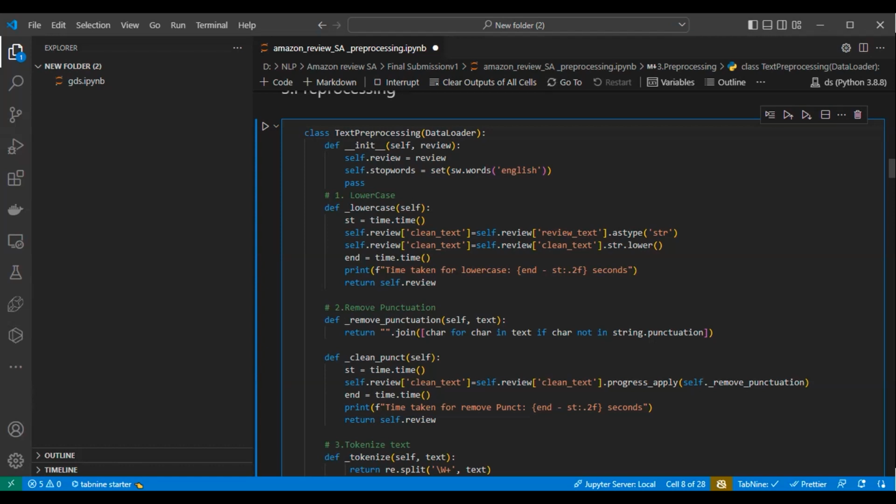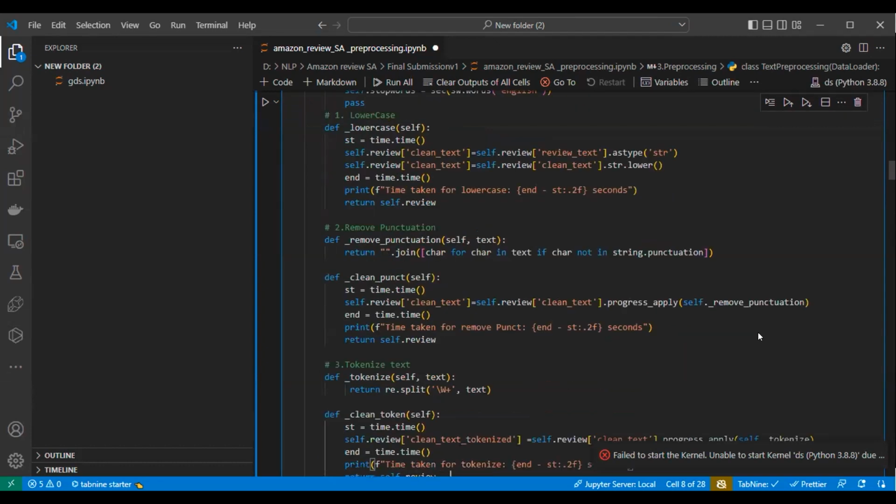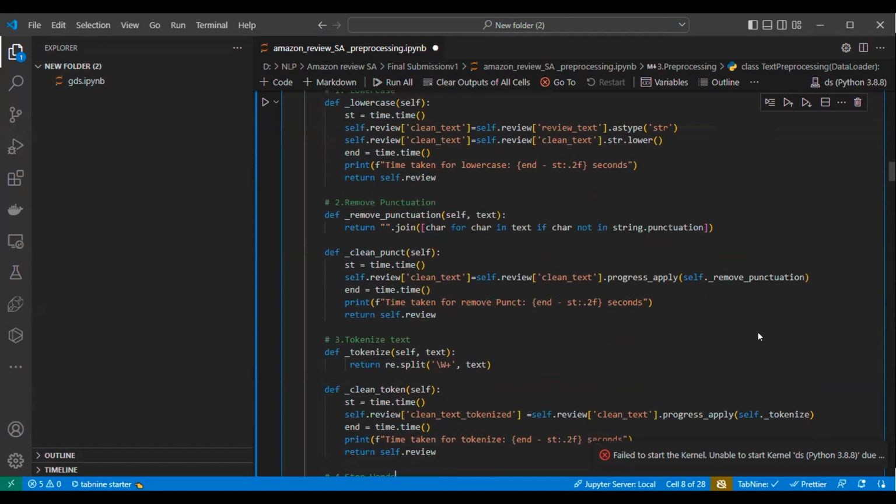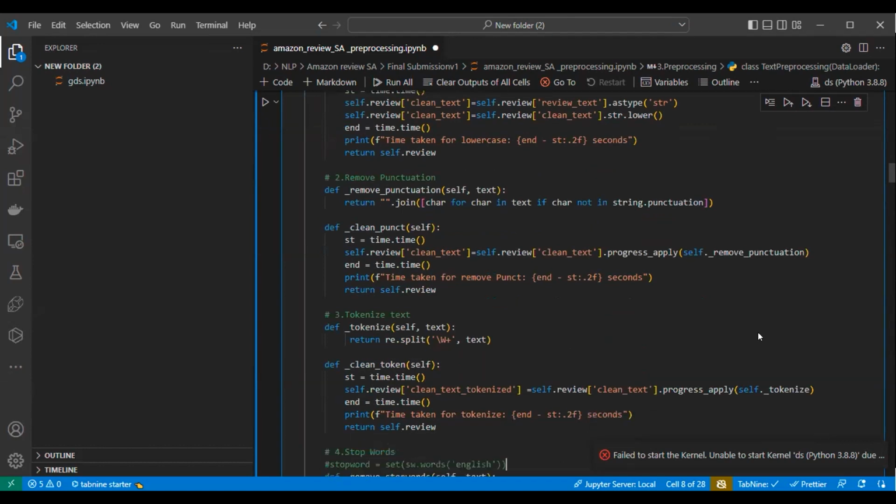This is how the punctuation is removed. I have a function for removing the punctuation, and in the same manner I have a function for tokenization. As we know, tokenization will split the text, so we use the function re.split. Re is the regular expressions module. It returns the words from the whole sentence, or from the whole corpus.